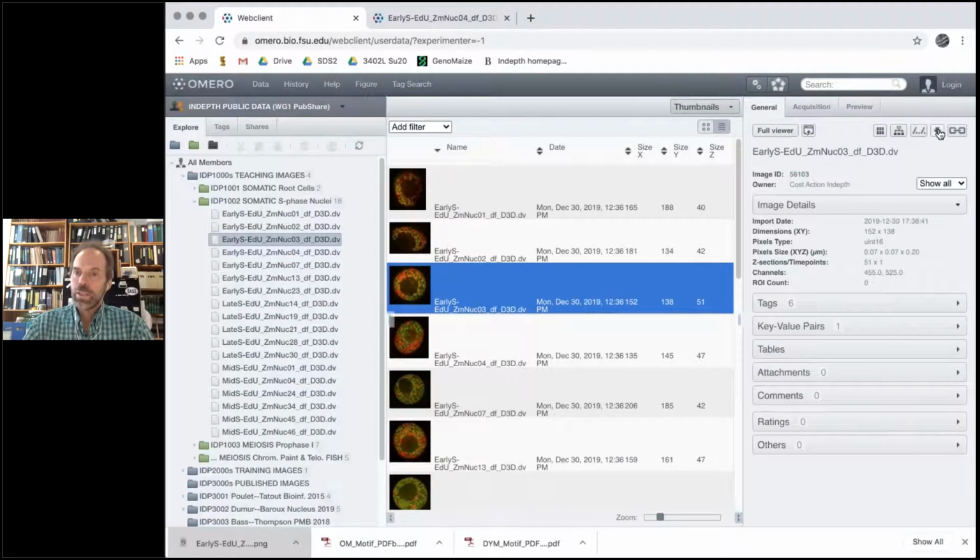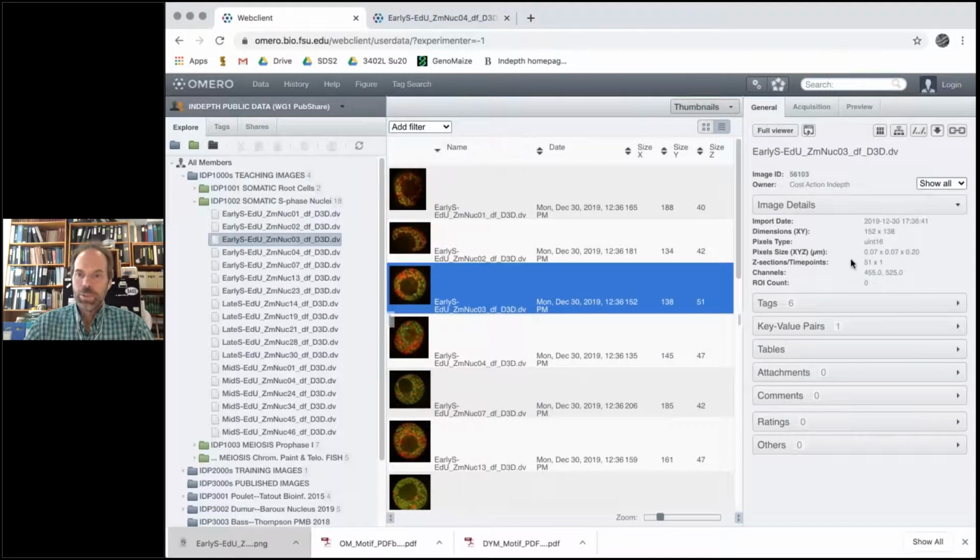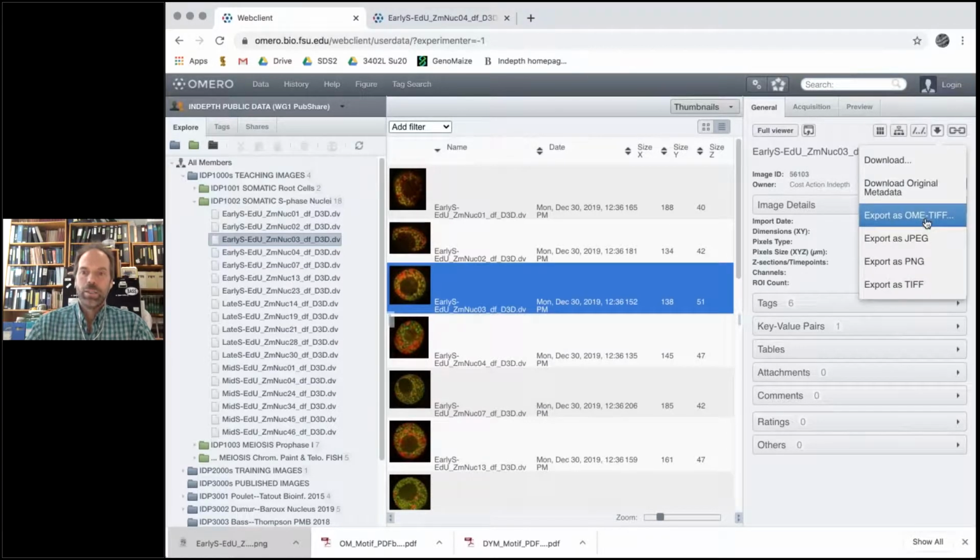So download here allows you to download this image, and you can just take the first download to get the original file as it was imported. You can get just the metadata, which are these dimensions, as a text file, or you can download it as an OME-TIFF format. This is the format that OMERO uses when data are uploaded from different types of data collection